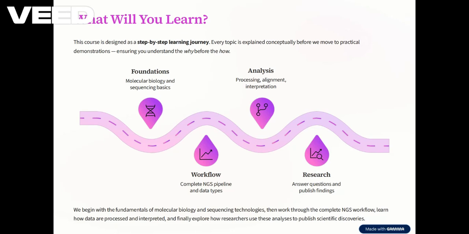Now let me tell you what we will learn throughout this course. This is not a one day tutorial, it is a complete learning journey. We will begin with the fundamentals of molecular biology because understanding DNA, RNA, gene, and genome is essential before learning sequencing. Then we will explore sequencing technology and understand how sequencing machines generate data.